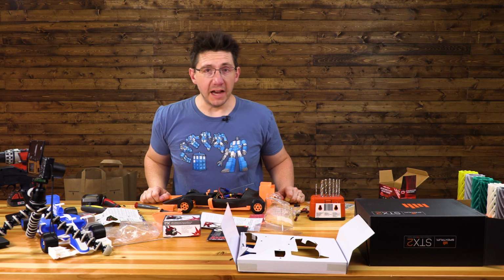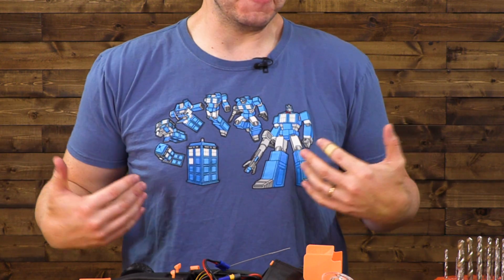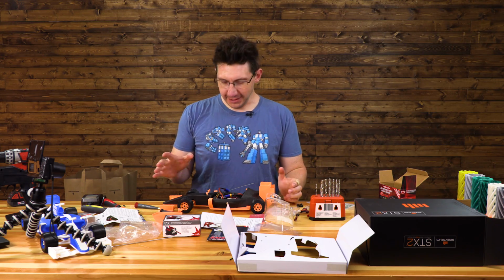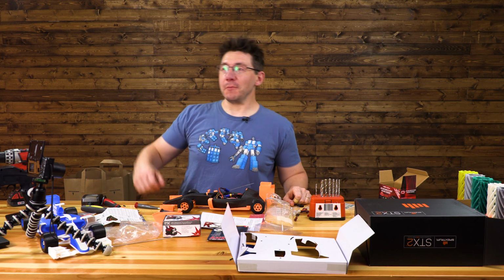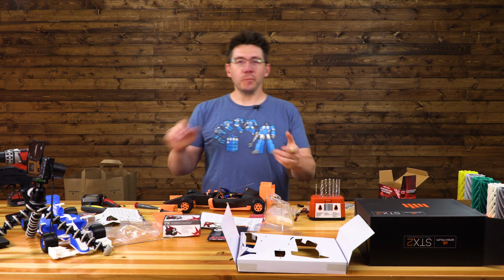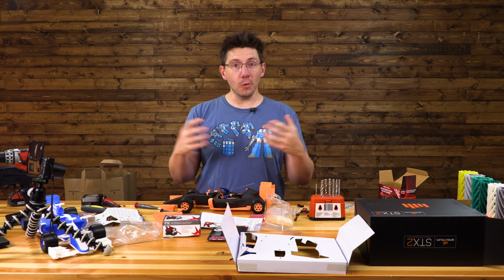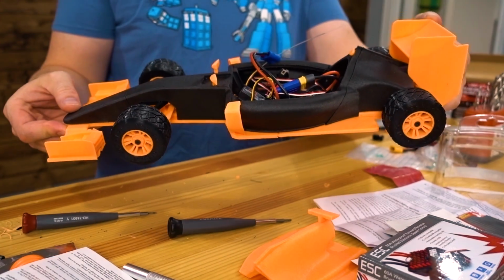Day 4. It's now Thursday, and I'm wearing my awesome Optimus Prime TARDIS Transformers shirt. I had some inspiration last night, and I went and, well, it's allergy season here in the Pacific Northwest. All the pollen is out. It was 80 degrees yesterday, and I'm susceptible to pollen. But because I was hopped up on allergy medication, I was awake, and here, look, I got it mostly assembled,